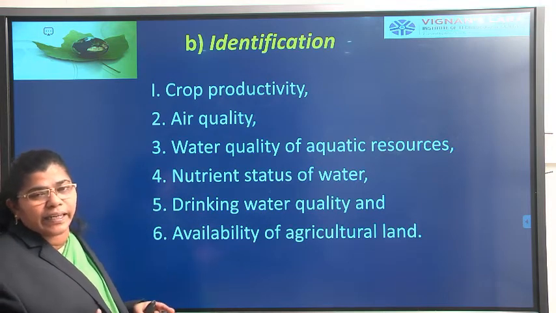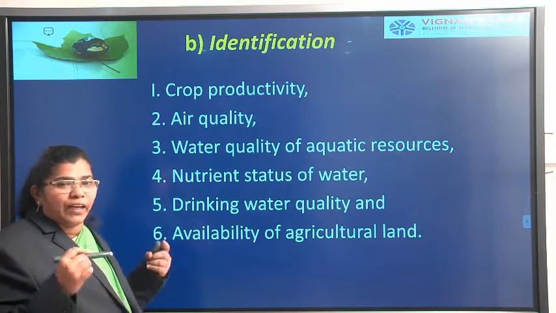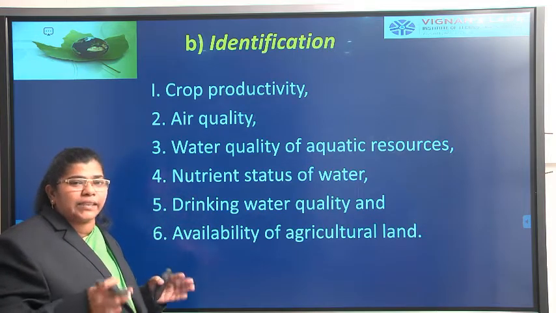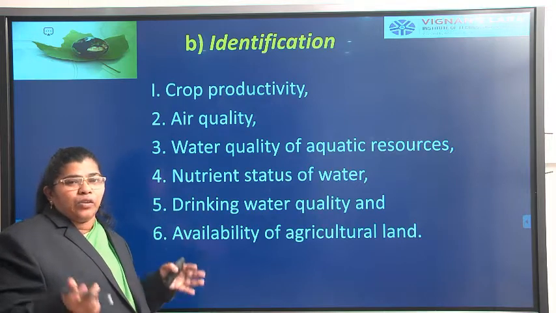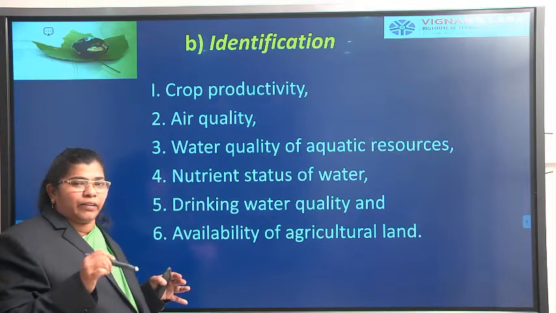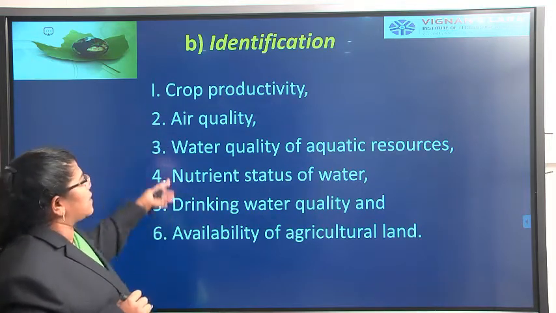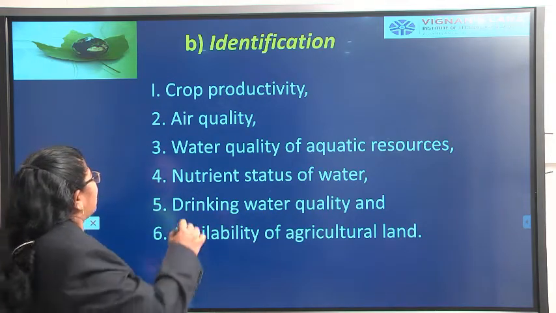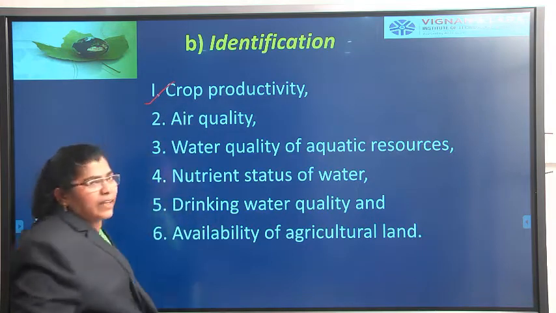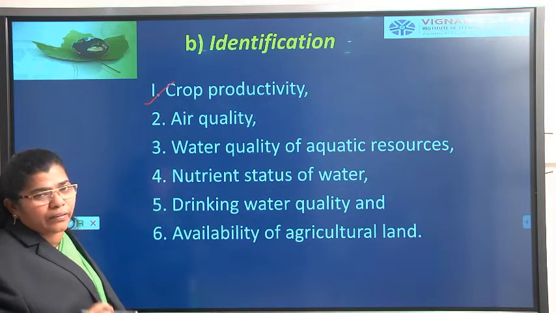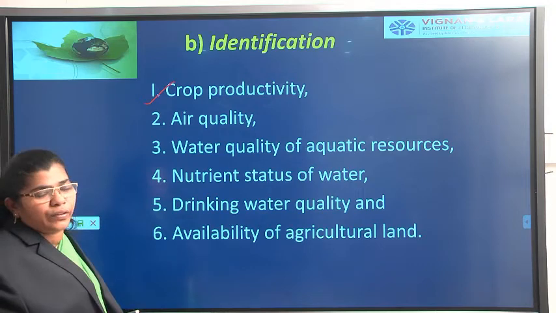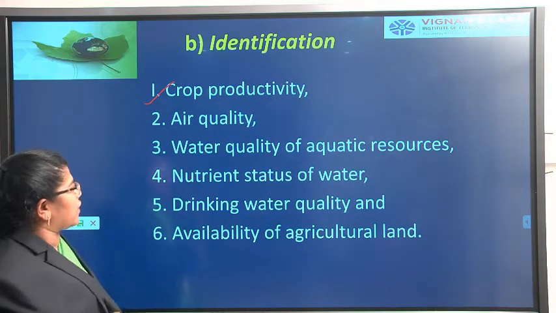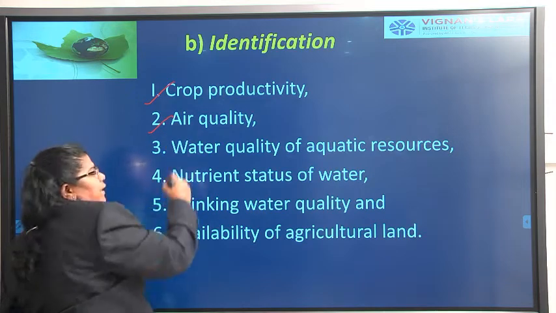India is an irrigation country. We all know that we mostly have to protect our agriculture and the irrigated land, right? So EIA mainly identifies whether it is not affecting these 6 parts. The first one is the crop productivity, right? And in no way should it affect the irrigation part, crop productivity. Whatever plan we are going to develop or modify, it should not affect the crop productivity. Next one, air quality.